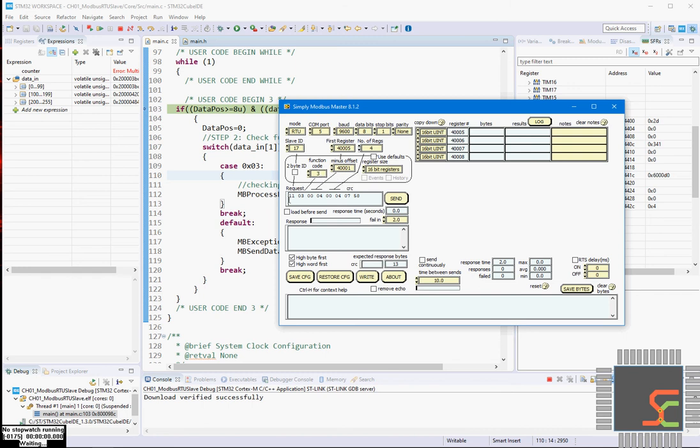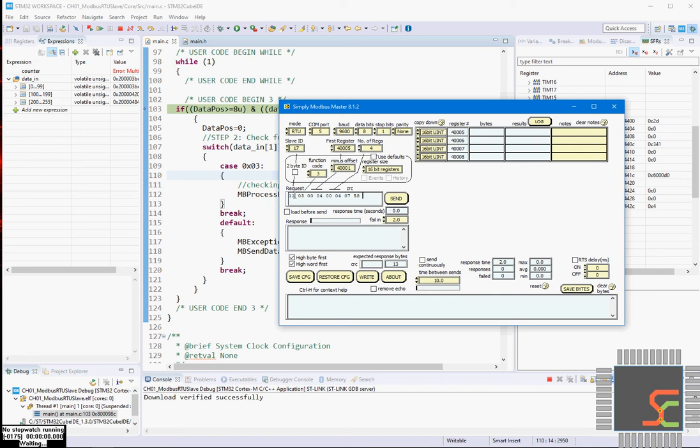We are using only 1 byte for slave ID detection, so we will not use the 2 byte ID. If I say 2 byte ID, one more byte will be added. So we are not using the 2 byte ID, we'll keep only 1 byte. This message will be transferred to our microcontroller.